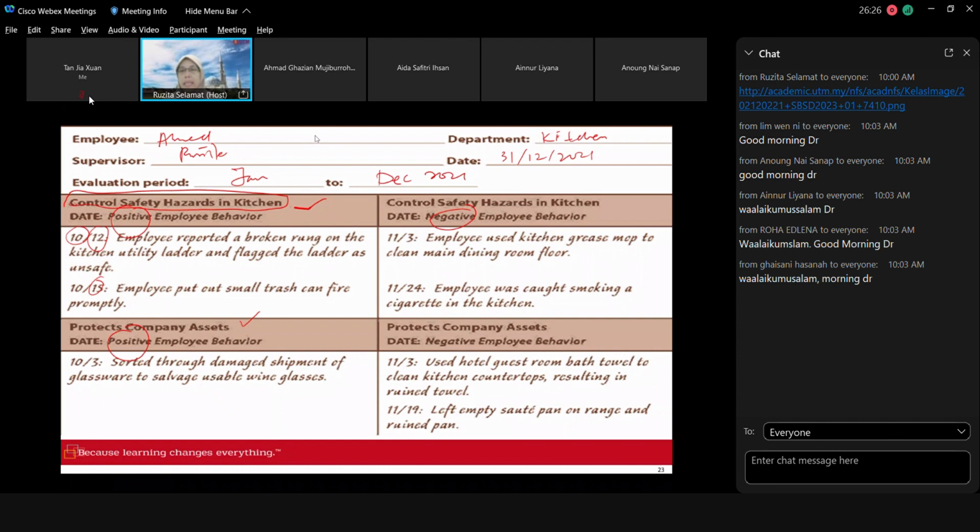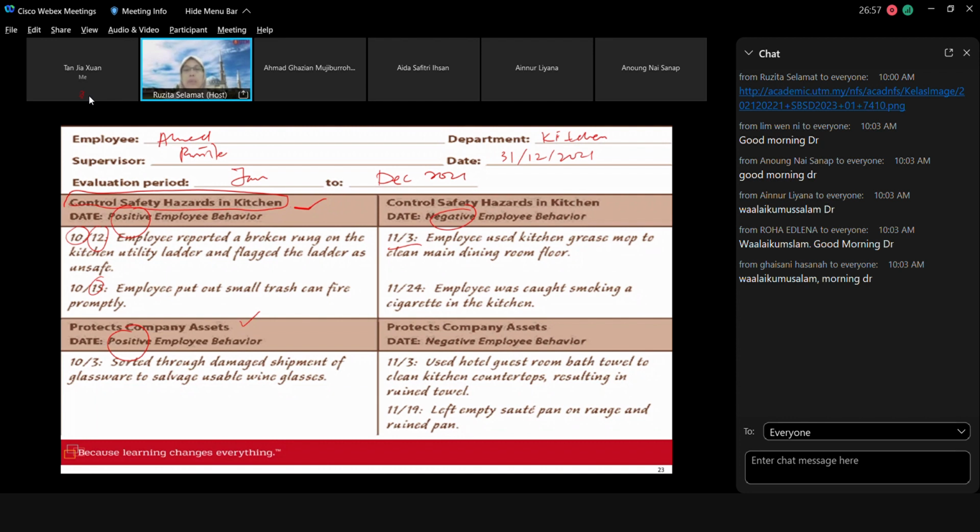Okay, let's look at the negative employee behavior. On 3rd November, an employee used a kitchen grease mop to clean the main dining room floor. So this is unacceptable. What will happen if the same mop is used from the kitchen? Of course, it is greasy, it is oily. When it is used in the main dining room where the guests are eating, are having their food,